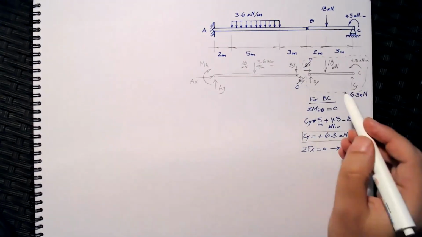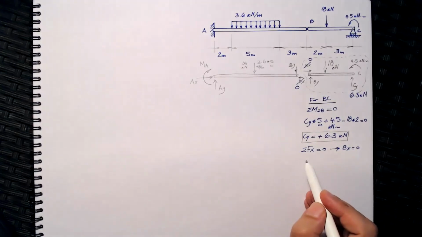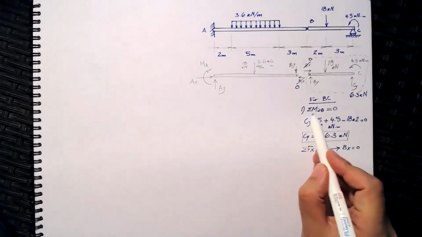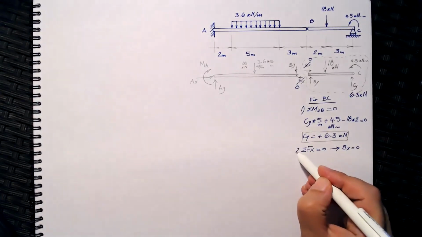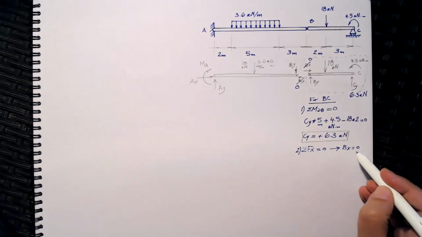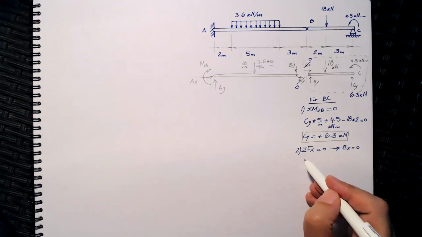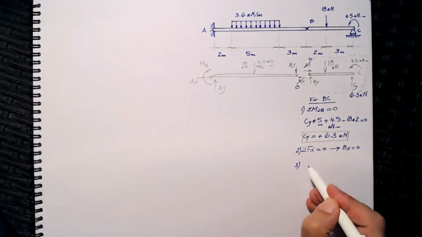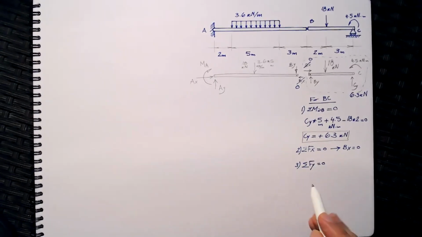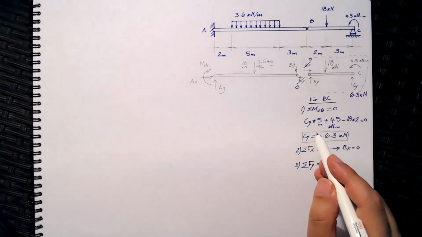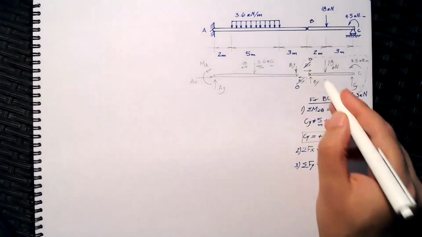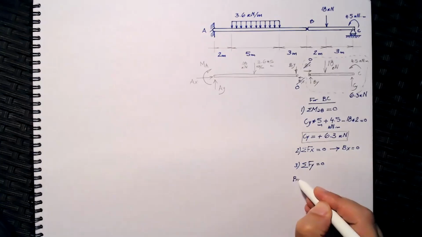All right, that leaves us with just By. And you probably guessed it, that first equilibrium equation we used was the moment about B. The second equilibrium equation is the summation of forces in x has to equal 0, and this gave us the reaction Bx. The third equation, I will consider that the summation of forces in y will have to equal 0. So all the forces going up minus all the forces going down will have to equal 0. By is going up, it's positive. I will use By